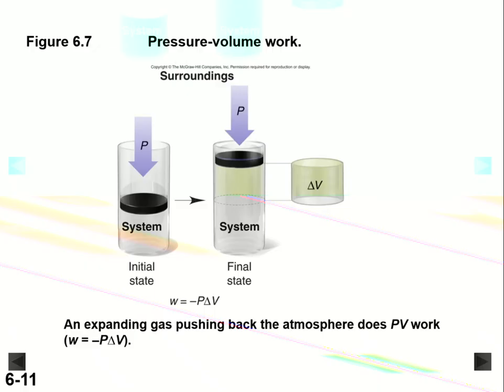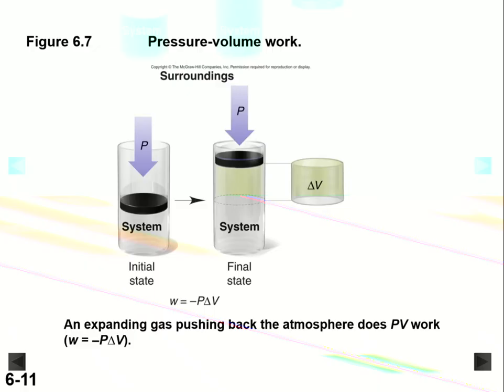Next, let's look at work. There's a variety of types of work. Of course, there's gravitational work, electrical work. We're going to focus primarily on pressure volume work. And in our first semester, that's all we'll look at. We won't really look at other types of work. Pressure volume work occurs typically when a gas is released or absorbed during a chemical reaction.